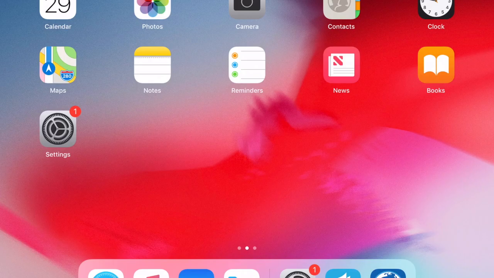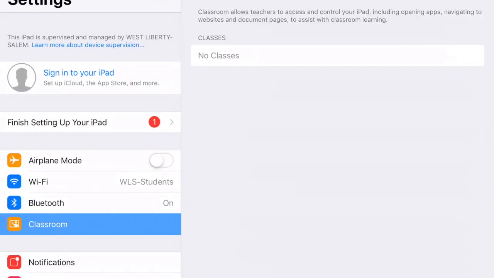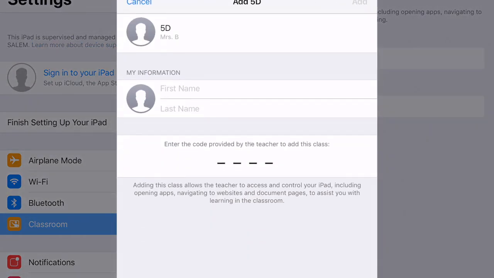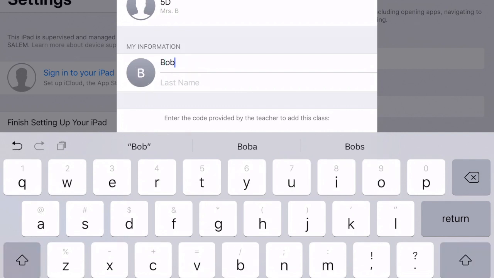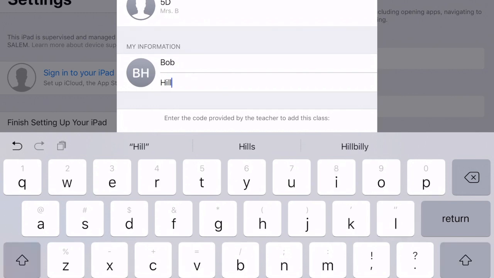At the student home screen, click on Settings, and on the left side you'll see that a thing called Classroom has popped up. Once you click on that, they should see the class. So the students need to click on that and then put in their first and last name. Now you want this to be the name that you know them by. So if they have a short name or a different name they go by, have them type that